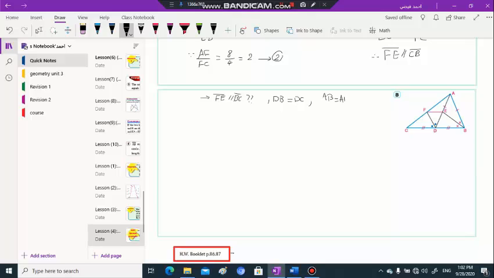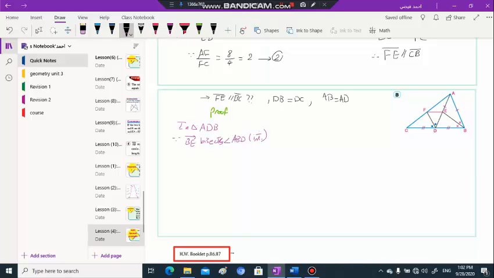So we'll start in triangle ADB. Since DE bisects angle ADB internally,